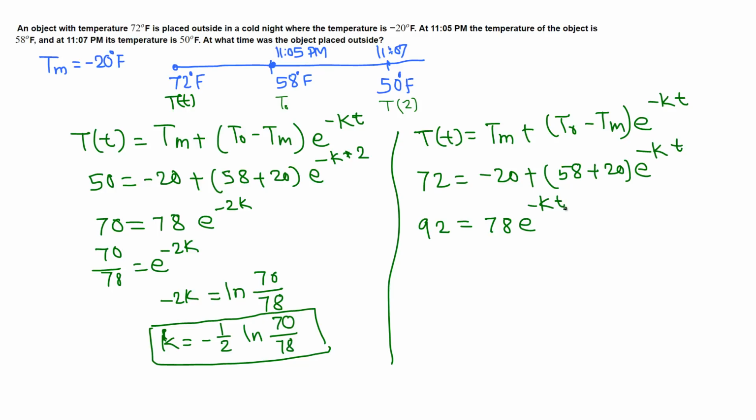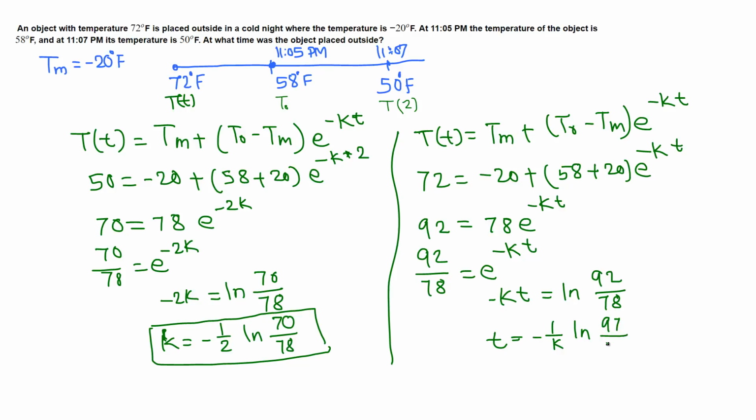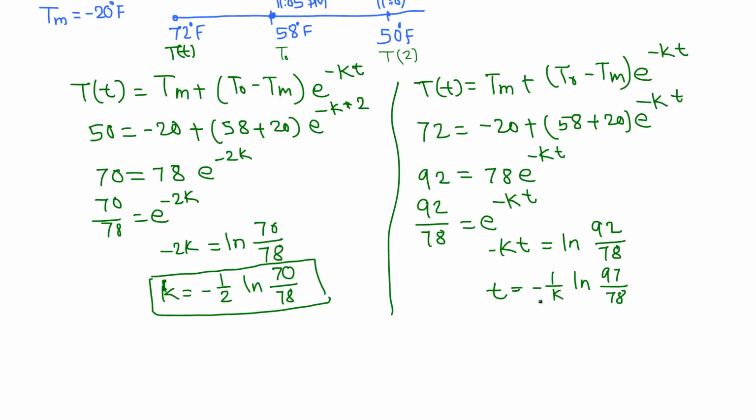We are trying to determine t, since k is known. Divide by 78: 92 over 78 equals e raised to negative kt. Take the natural log of both sides, then negative kt equals the natural log of 92 over 78. Then t is, dividing by negative k, the same as multiplying by negative 1 over k, times the natural log of 92 over 78. Now use your calculator, because the k value is known, and it comes out to be t equals